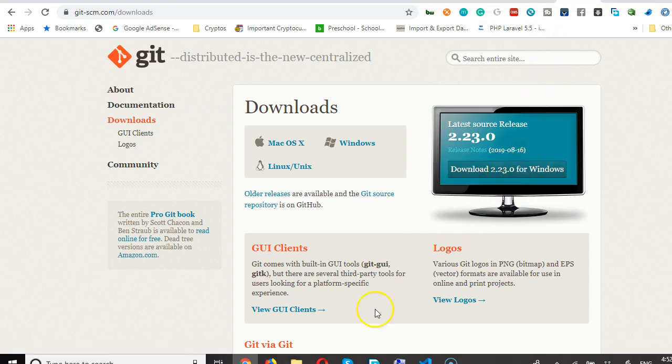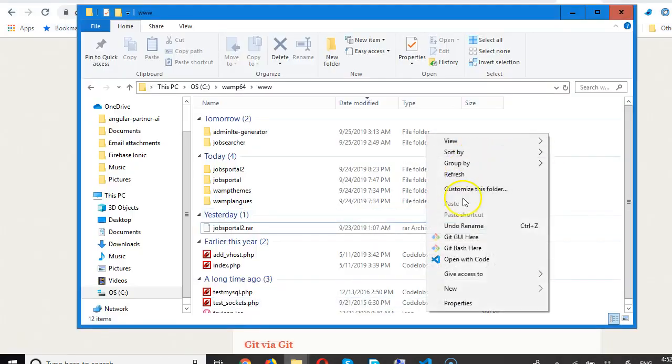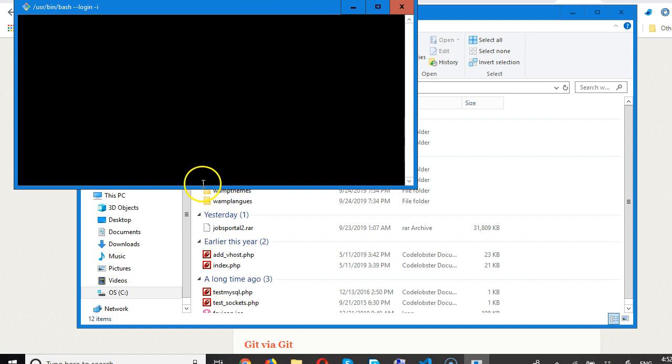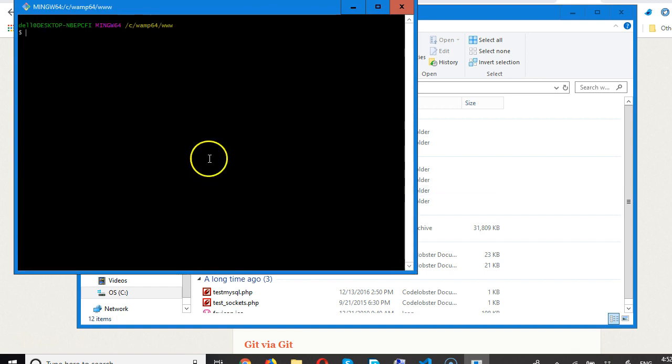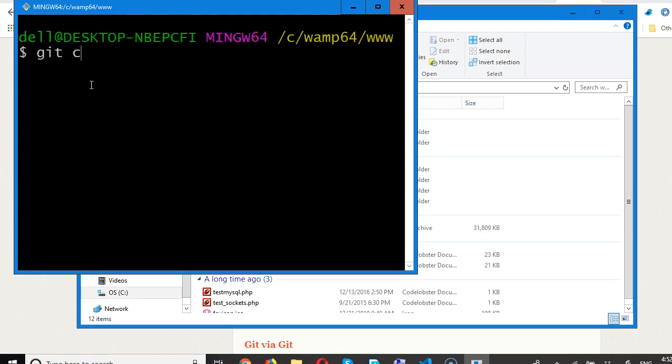After installing it, if you right click on an empty folder, you will see the option for Git Bash. Like me here, I'm going to see the option. Okay, so I'm gonna type Git. Sorry, I have to zoom in so that you can see what I'm typing. Alright, beautiful. Git clone